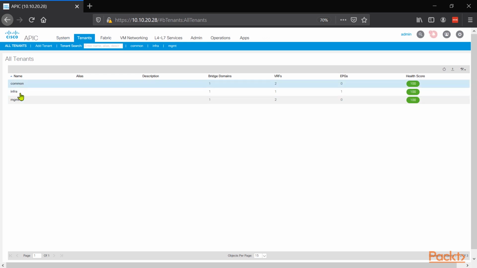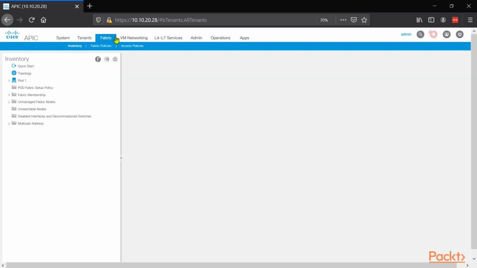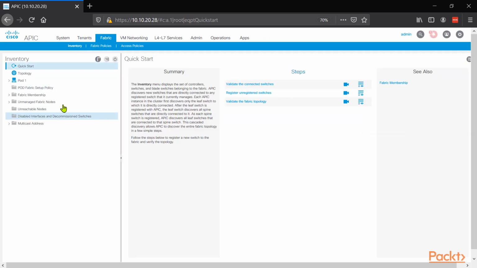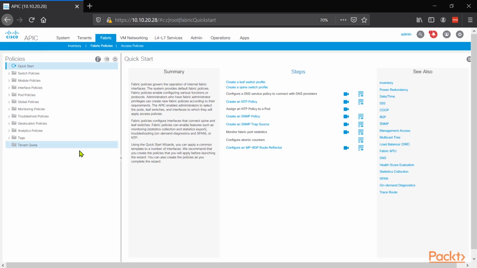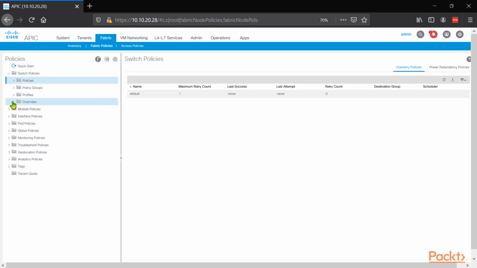So it's basically allowing my virtualization portion, or my tenant portion, where we create those virtual networks, those tenants, to communicate with the physical aspect of the fabric. So from here, we already saw in our first video how we commission the devices as they are discovered by the APIC. In Fabric policies, this is where we apply policies and make changes to the default behavior